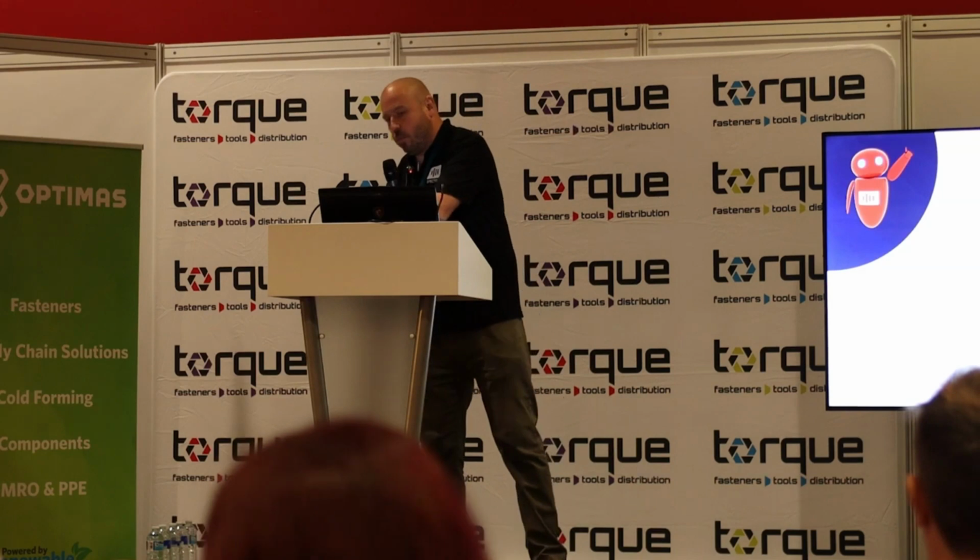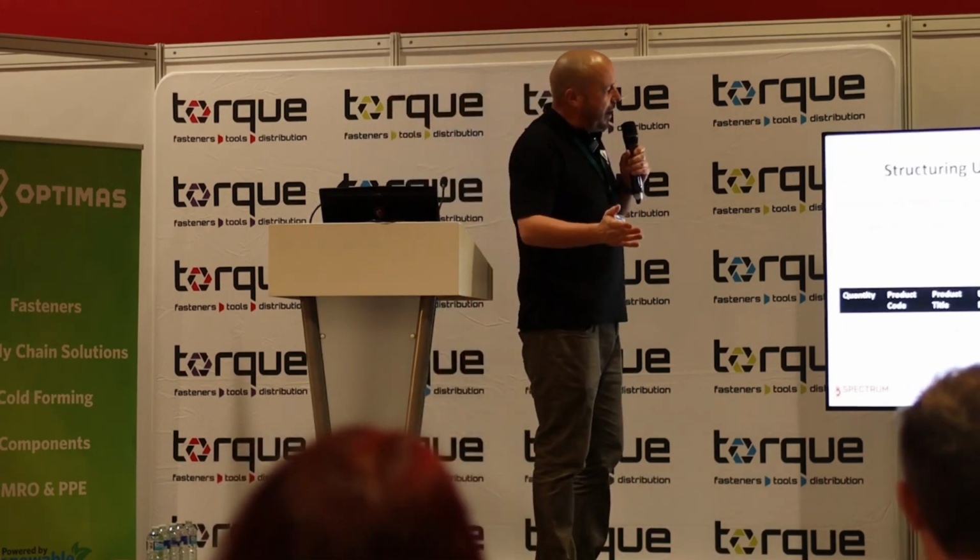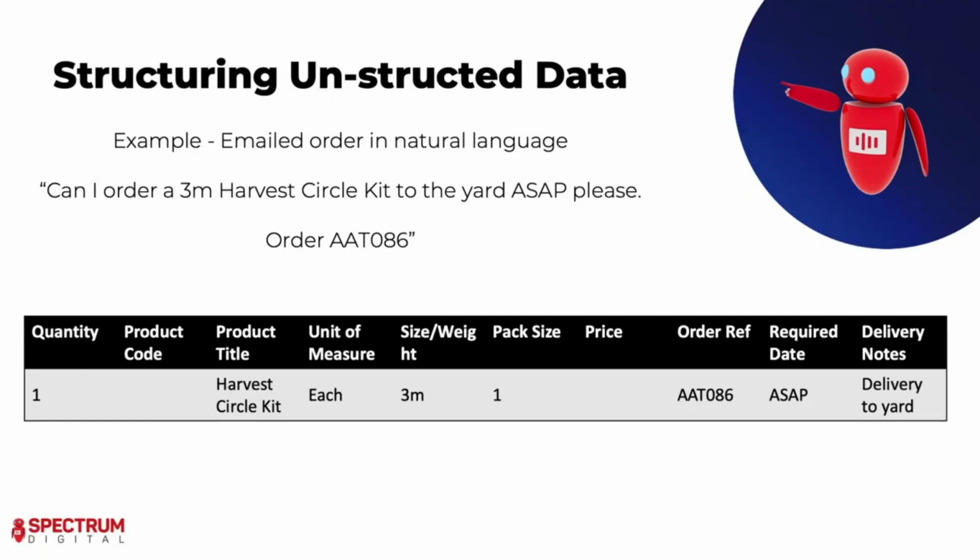So I'm going to move the slide on, one slide. So this is an example of what I'm talking about here. I don't know whether you can read it in the audience, so I'll read it out for you. We've got an example of some text here, this top line, which is an order that's been emailed into an organisation. So it says, can I order a 3-metre harvest circle kit to the yard ASAP, please? And then it says order and an order reference,